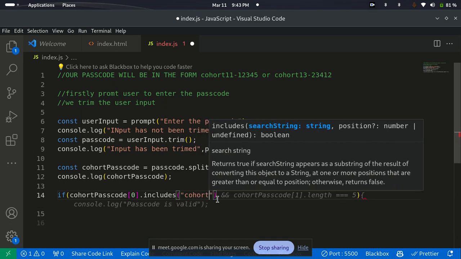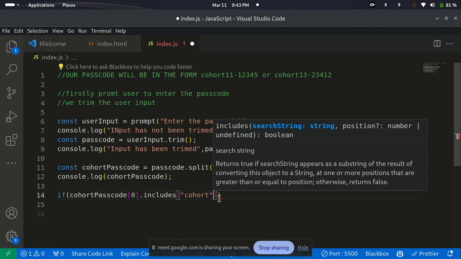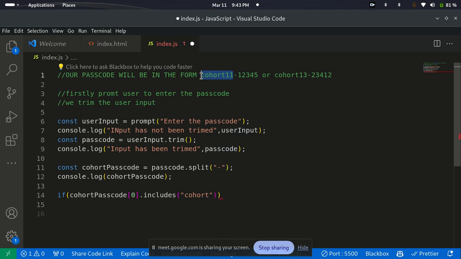That's if cohort passcode includes cohort. Remember we are dealing with this only now, cohort passcode 0. If it includes cohort, that's if you can find cohort in it. You understand? If you can find cohort in it,